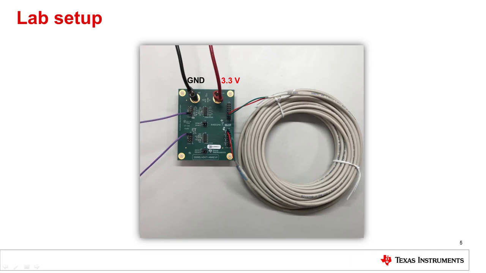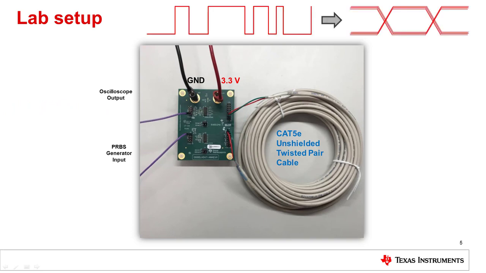In this lab setup, a pseudo-random binary sequence, which is commonly known as a PRBS, is sent in and passes through the differential pairs between the driver and the receiver connected with a Cat5e UTP cable, through the receiver and out into an oscilloscope. The signal seen in the oscilloscope will be changed from a PRBS to an eye diagram in the following steps. First, let's talk about eye diagrams.